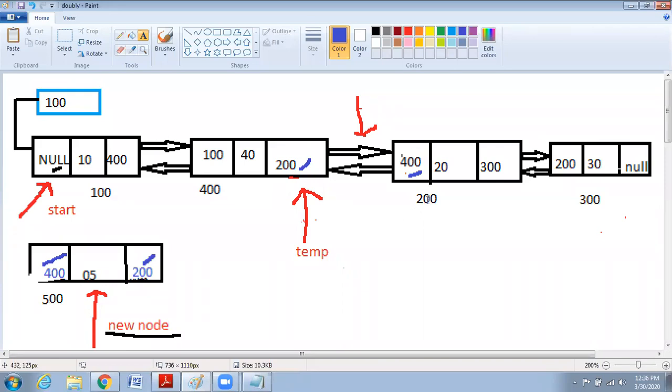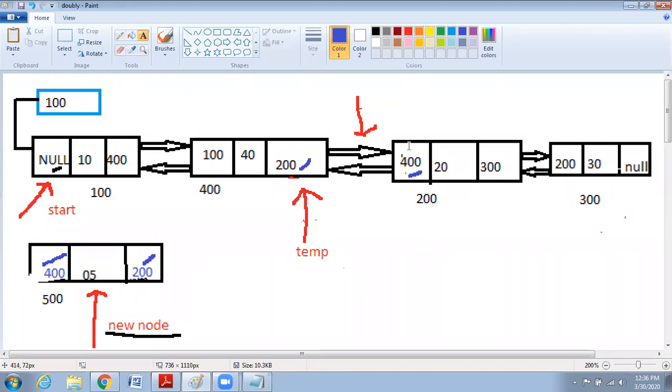Now, how can I get this 200? Where can I get it? Now, this 200's left I want to change. Where can I get it from the temp? That is temp of right, temp right. Temp right means it will come here.